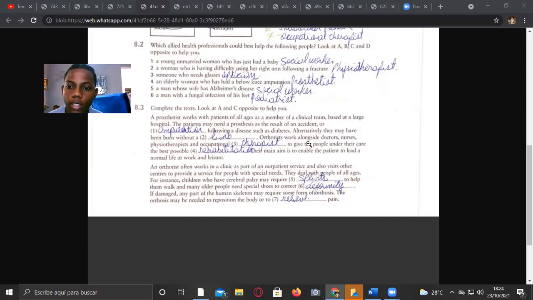An orthotist works alongside doctors, nurses, physiotherapists, and occupational therapists to give the people under their care the best possible rehabilitation. Their main aim is to enable the patient to lead a normal life at work and leisure. An orthotist